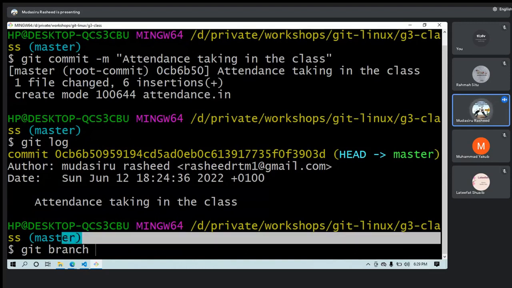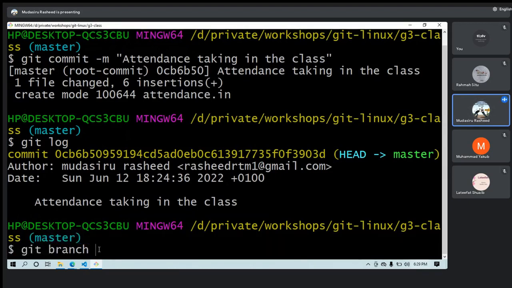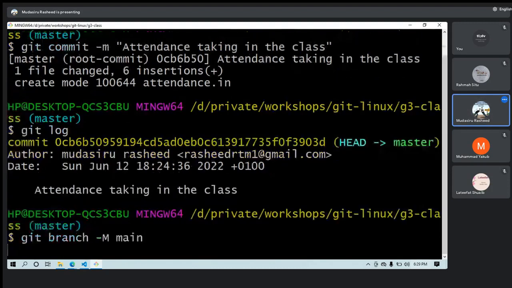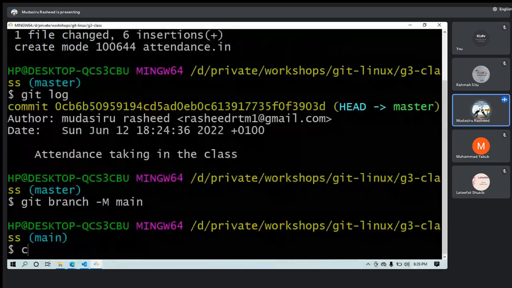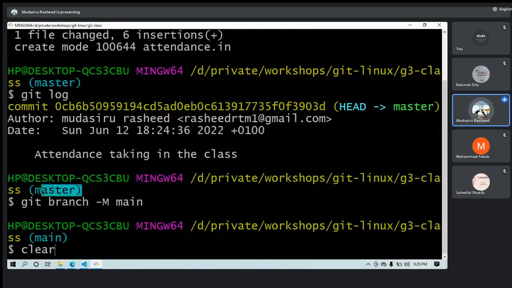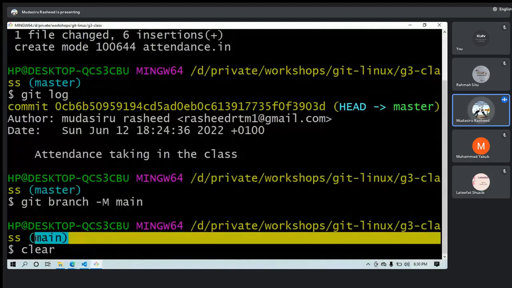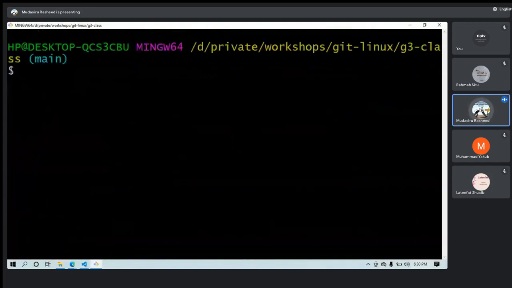Looking here at the top of my screen, the place I'm highlighting, you can see it's master. But the moment I change from master to main, it will automatically change to main. It means I'm changing from one branch to the other. You can see it changed from master to main. Let me clear the screen. Before, it was master here, but now it's main. So I change from branch to branch.